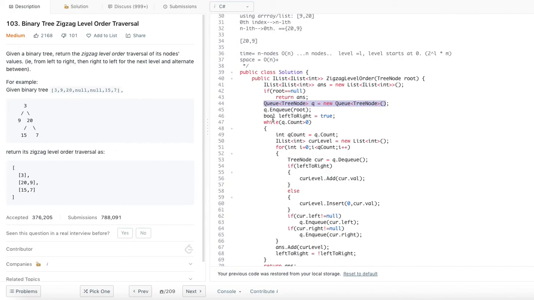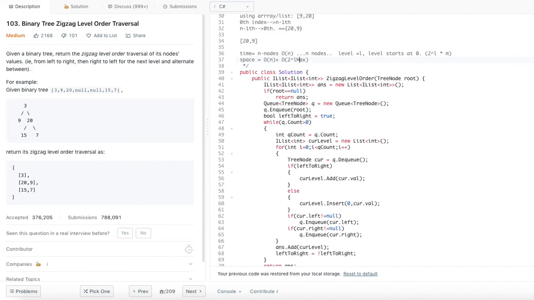If there are L levels, there will be 2 power L nodes that we need to hold, so the queue space we need is order of 2 power L. If we know the maximum level, let me call it L max to give you a better sense, then in the worst case it will be order of 2 power L max.